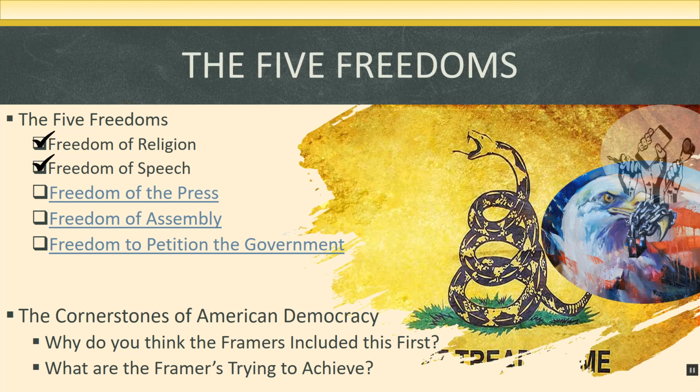And I want you to take a moment, and I want you to ask yourself, why? Why did the framers choose to make these the first freedoms secured with legal protections in our Constitution? Why is the First Amendment focusing on these? Well, because again, the framers are trying to make sure that the people have the ability to do what they